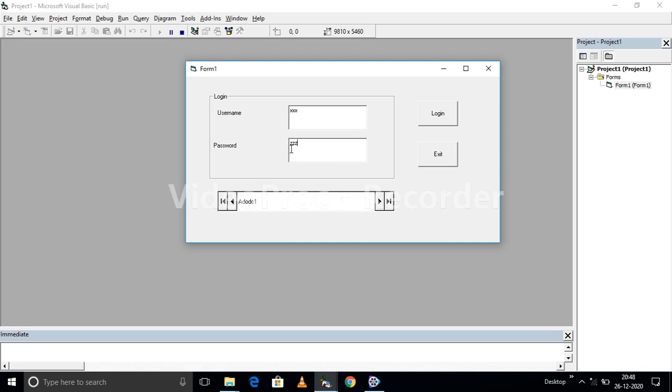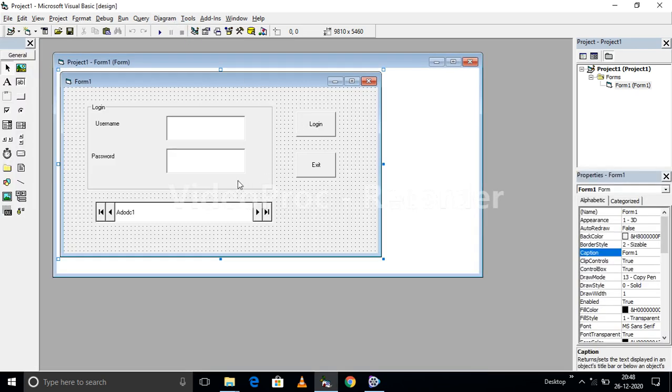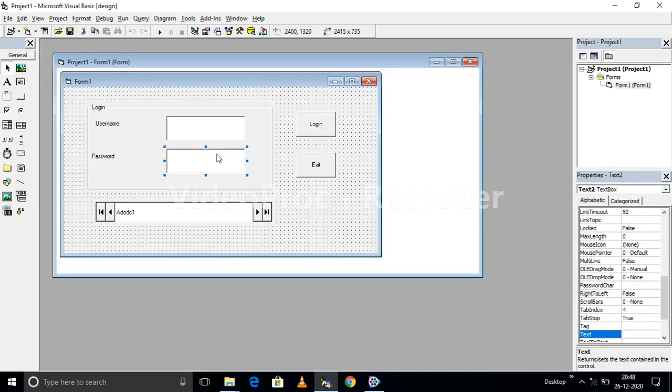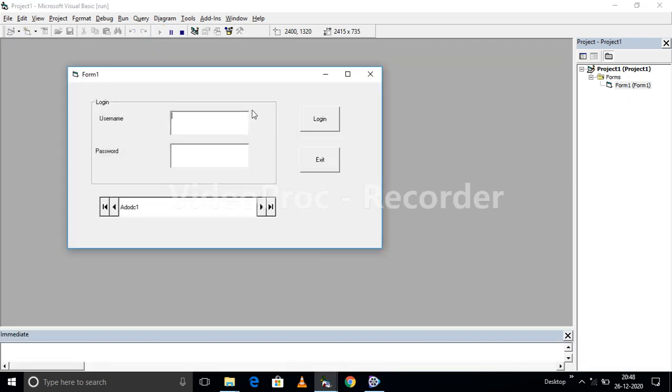You can observe that when I am giving the password, it is displaying the characters I am giving. Okay, instead I prefer to display the password in the form of stars, so that nobody is going to read it. Fine. So to do so, I will select the password text box, the text box beside the label password, go to the properties and choose the password character option as star. Okay, after doing that, let us execute once again.